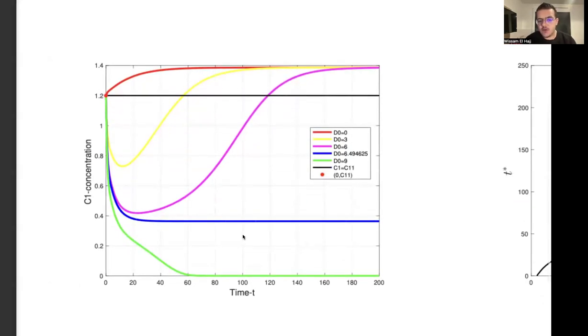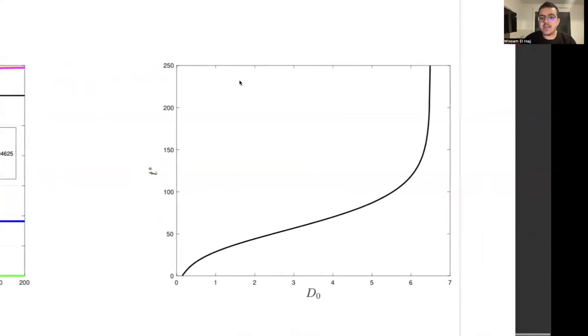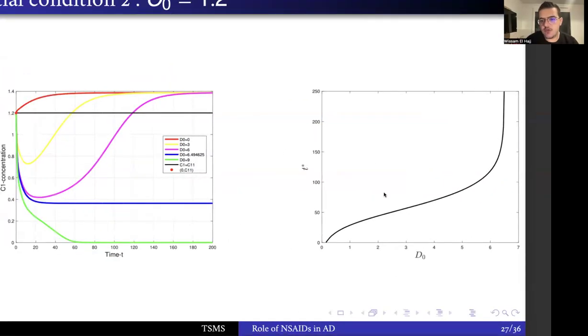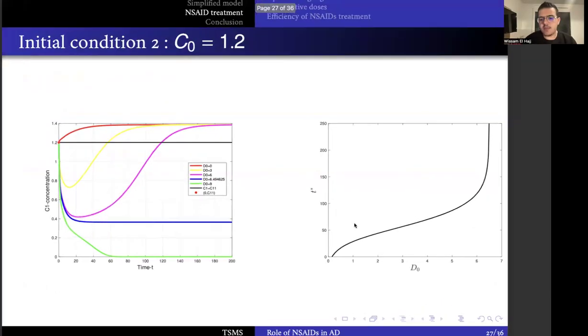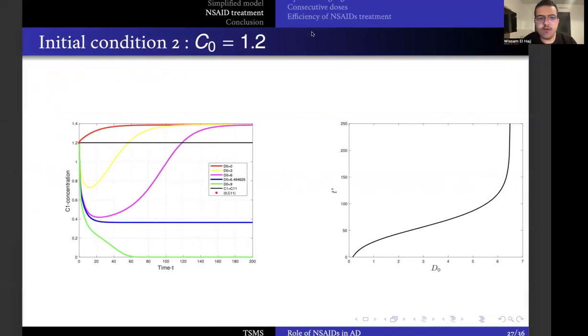For a single dose, we'll go to EU. For 0, we'll go up. We have the return time, and we're gonna proceed exactly the same. And here comes the shape of the solution. I will remove this one to put it here now. Okay, here. And simply you're gonna notice that the curve, the dependence of the return time on D0, is not